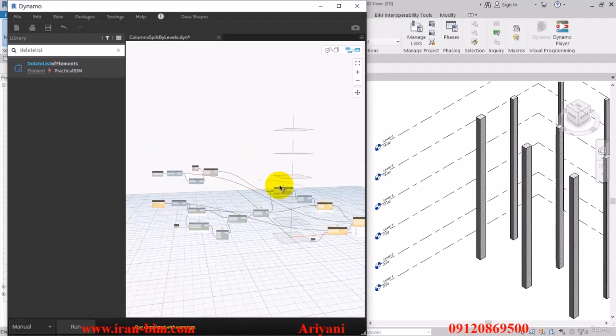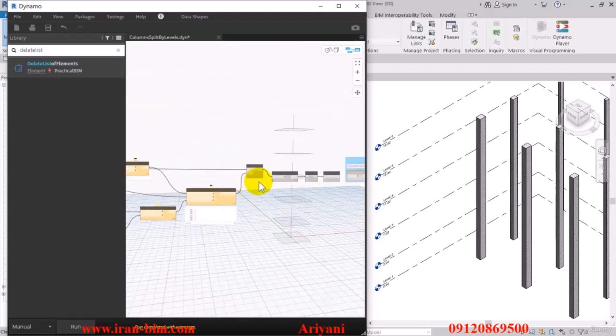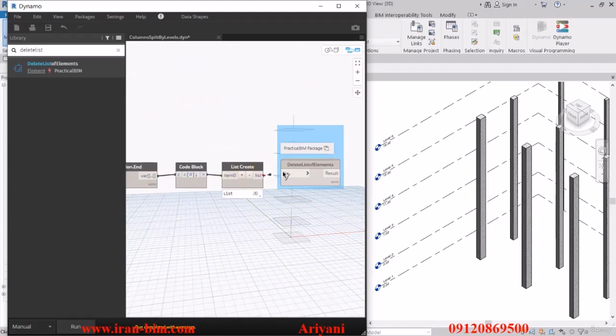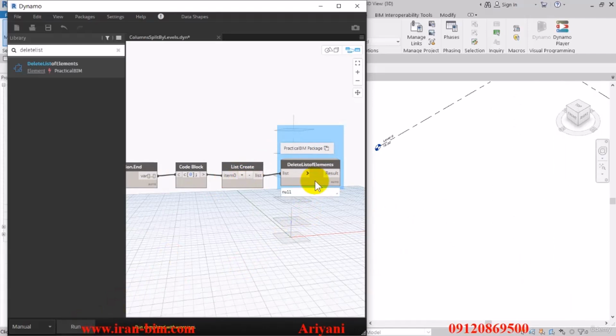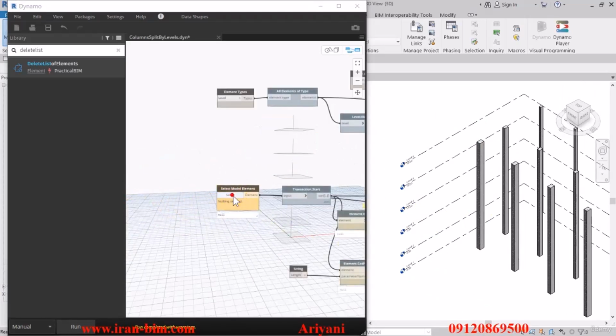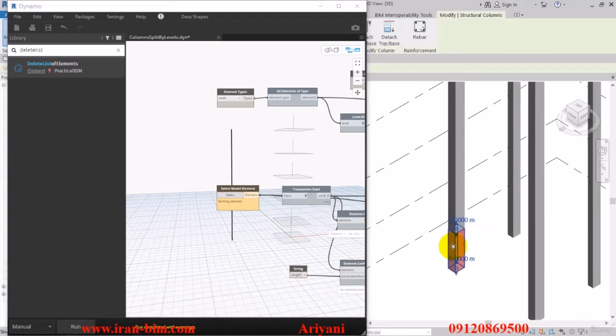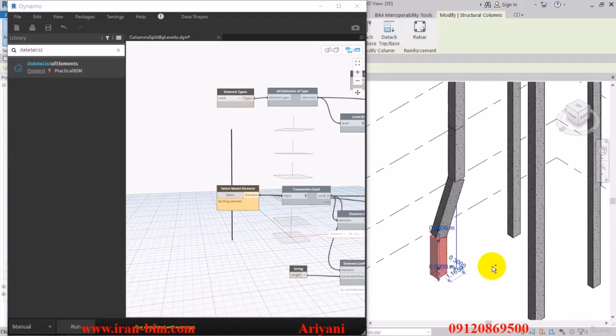All right, then let me go here. Oh, I may have made a mistake. Let me just go here and connect this to our start point, then run. All right, Control Z here. Here, select this one and then this one and click on run once again. All right, now it's been fixed. And now you can select the column and drag it wherever you